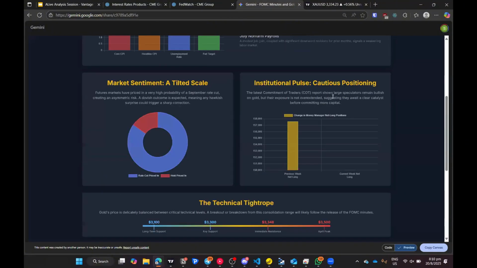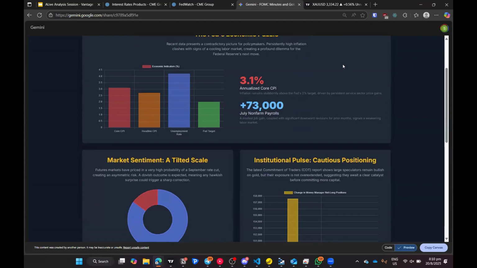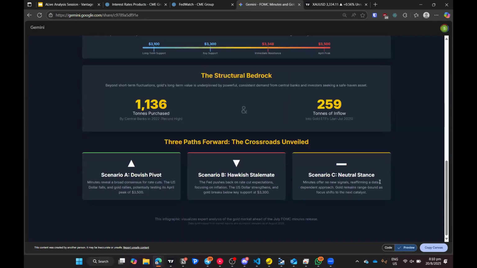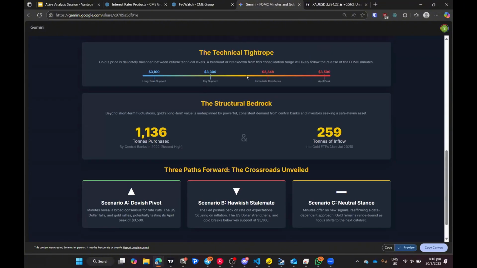Cool. So overall, I think later it will be more obvious on the charts, but we are probably looking at a neutral stance on gold yet, because the move up for gold was in 2024 Q4, and right now we are just ranging around the 3,300 and the 3,348 level.